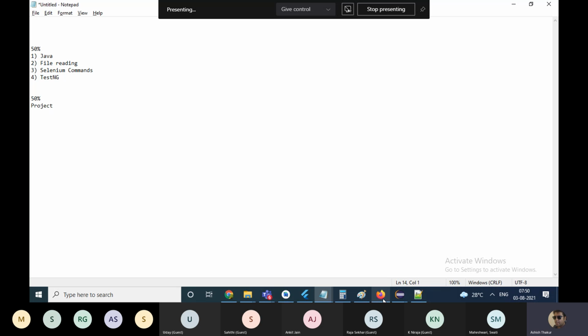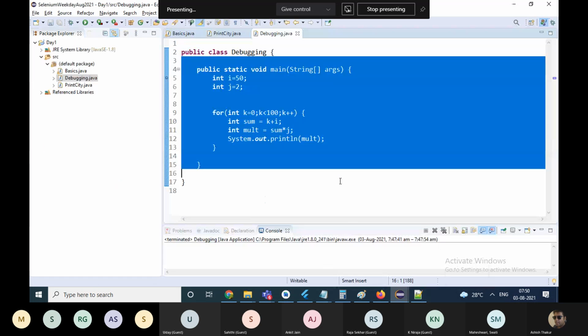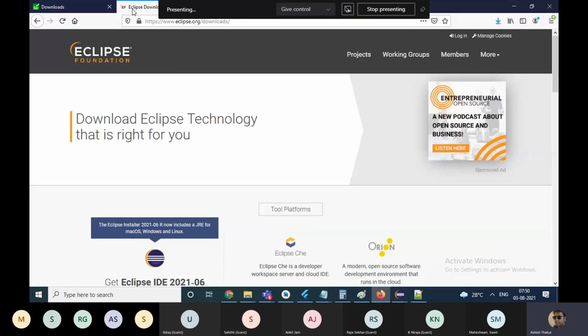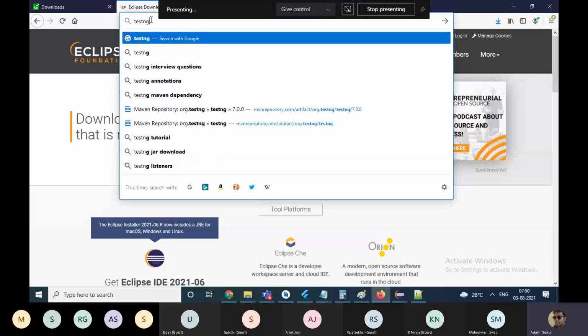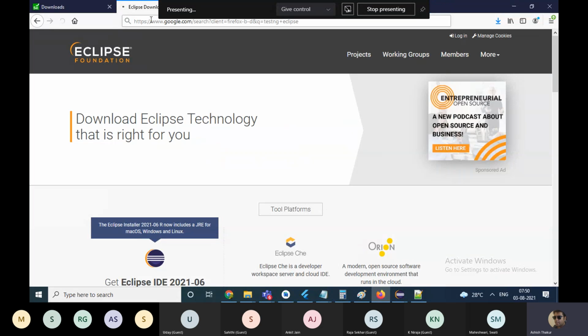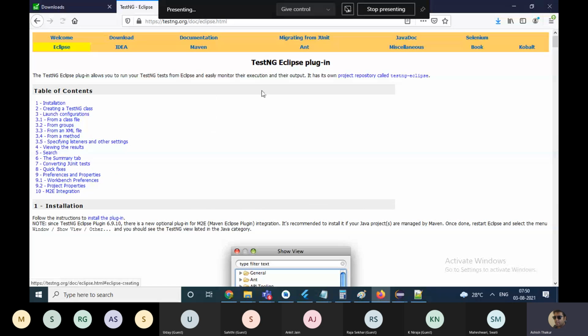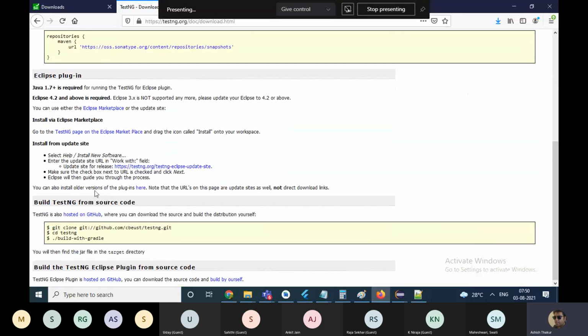So install TestNG inside Eclipse as a plugin. You just go to Google and type TestNG Eclipse and you will get the TestNG website. You go to the install plugin section, this one, and copy this link.